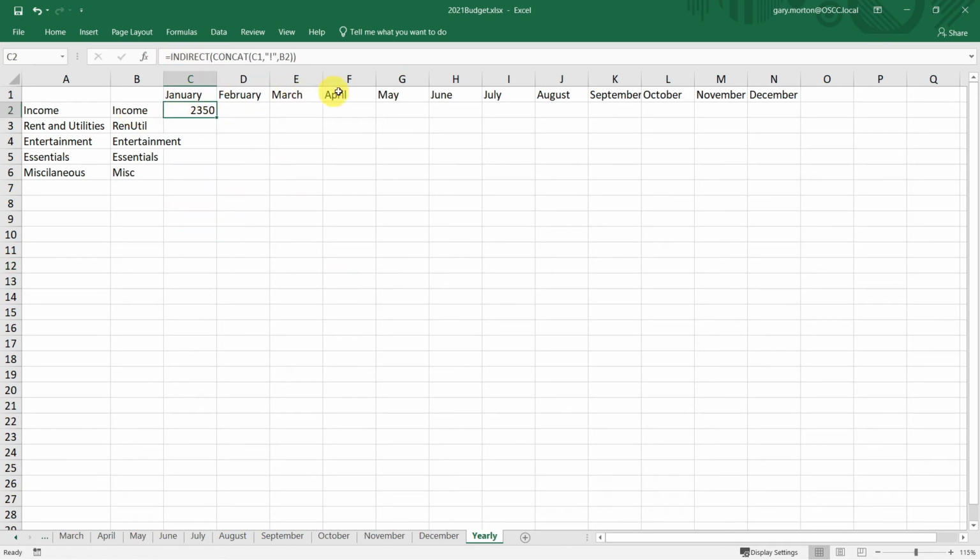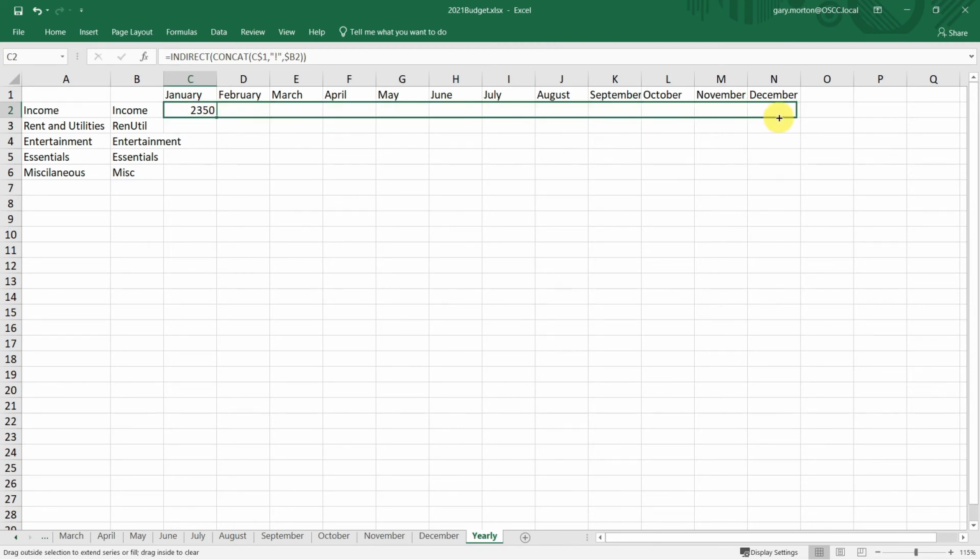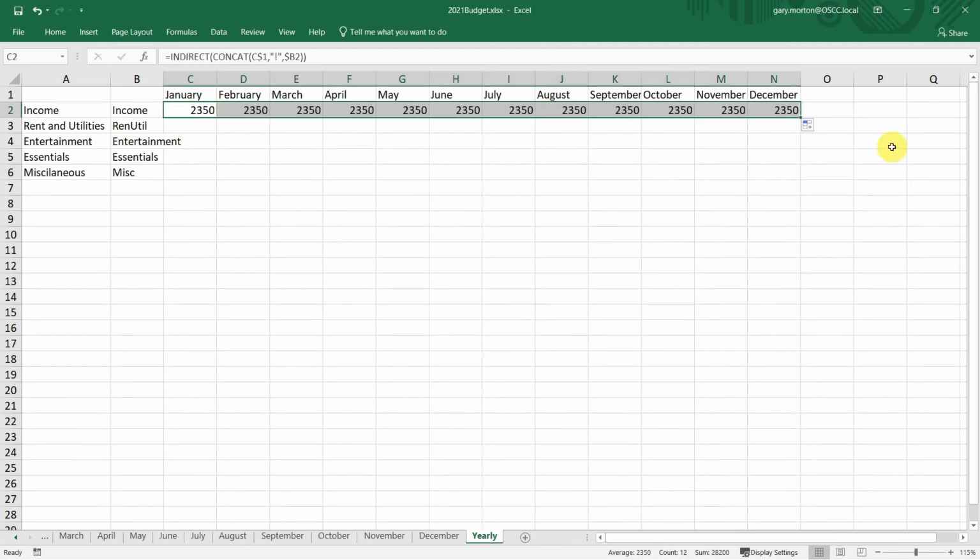And since all our months are in row 1, the cell that represents the month, I'm going to put a $ sign in front of the 1. And because the categories are all in column B, I'm going to put a $ sign before the B. And that way when we drag these all along, and then down,